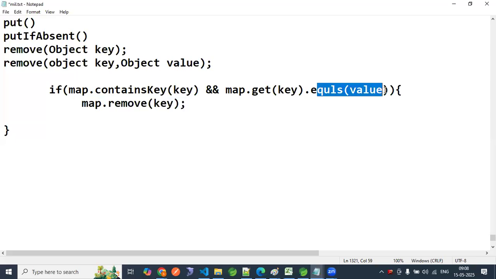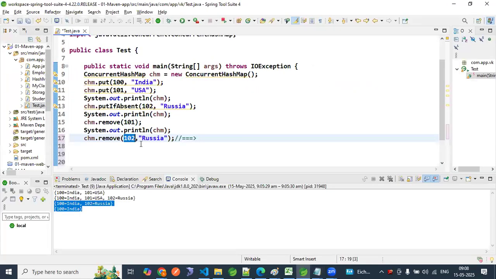If the value is also not matching, if either of these two conditions fails, then it is not going to remove because it is not able to find it. So this is how this remove method internally works. Okay? Now,